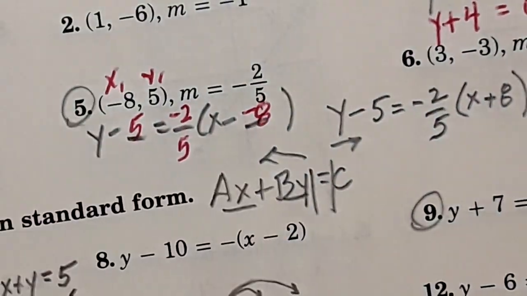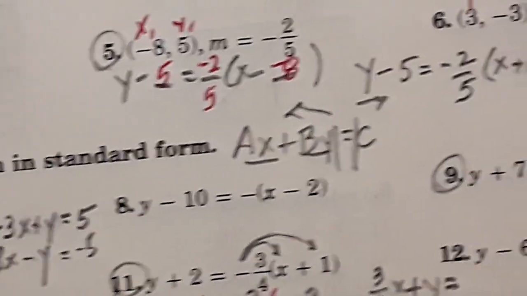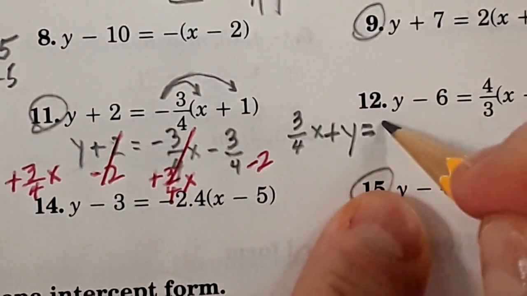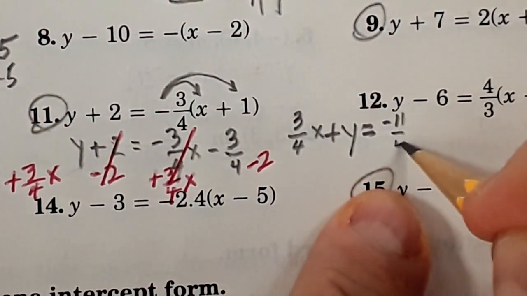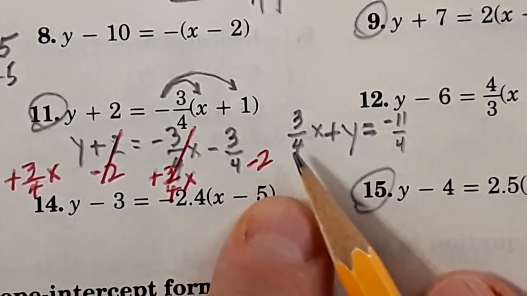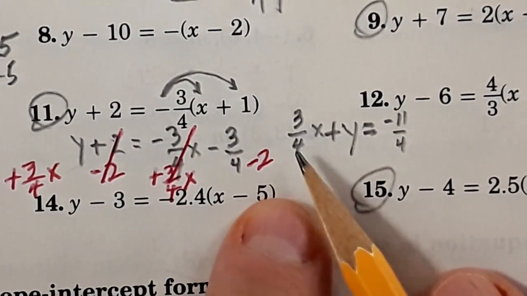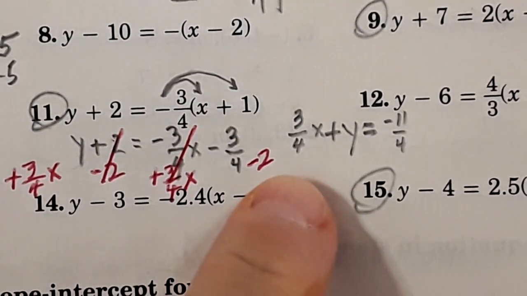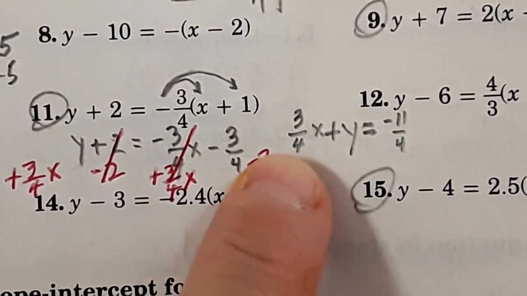So this, where am I at now? Right here. This is a negative 11/4. Now, I can't have a fraction. How do I get rid of that 4 in the denominator? This is the next hardest step. Who knows? Raise your hand. How do I get rid of that 4? Raise your hand if you